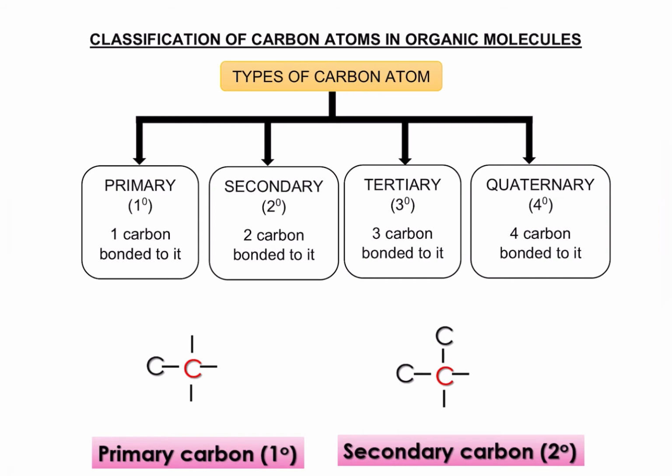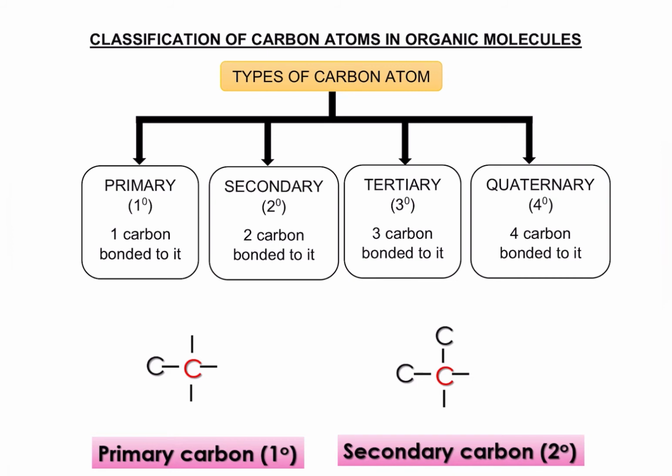Next one, we got secondary carbon atom with 2 carbon atoms bonded to 1 carbon. And the next one, we have tertiary carbon atoms with 3 carbons bonded to it. And the last one, we have quaternary carbon atom with 4 carbon atoms bonded to